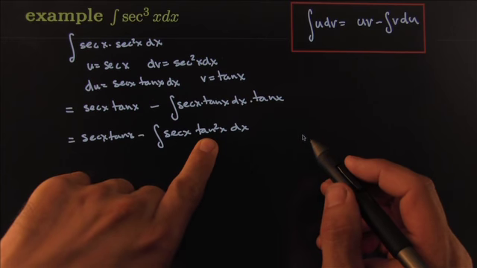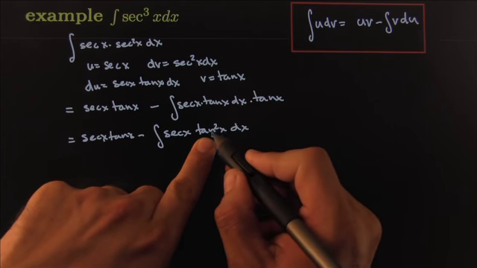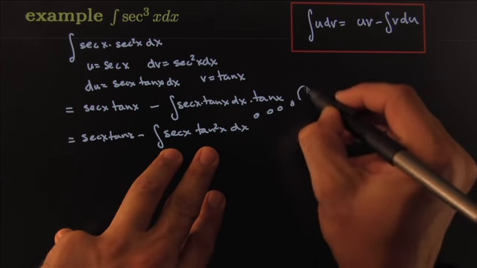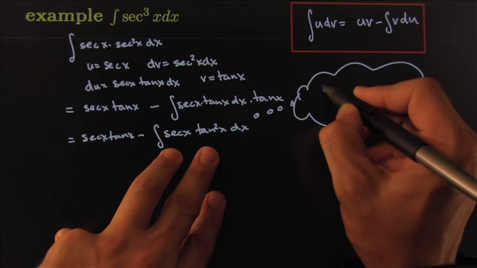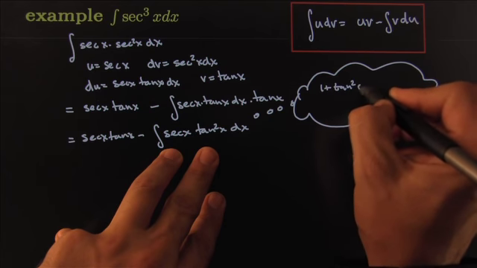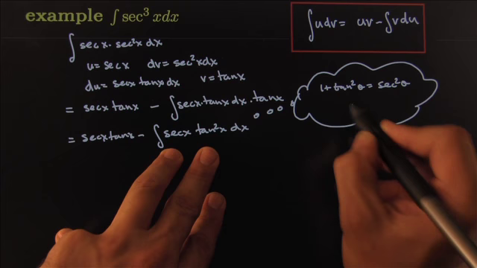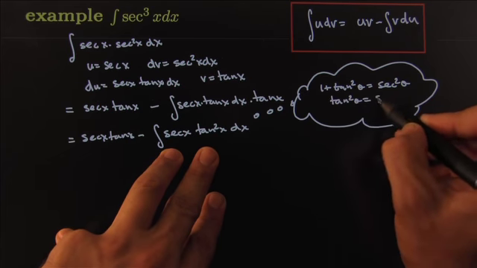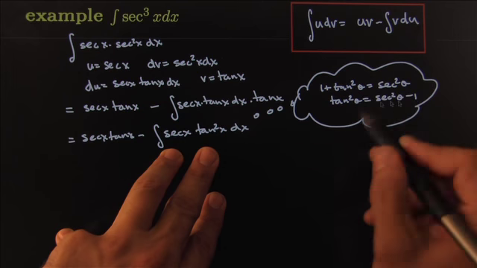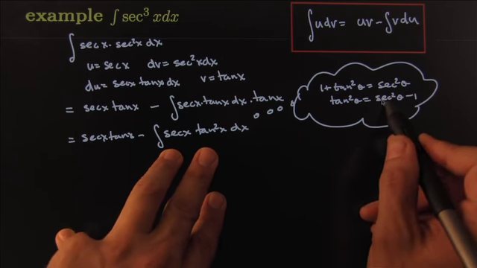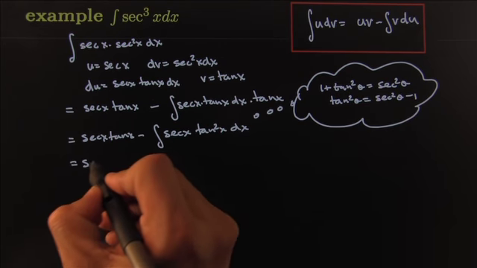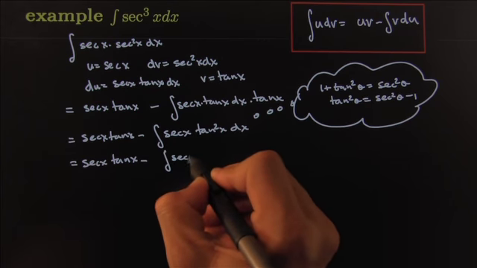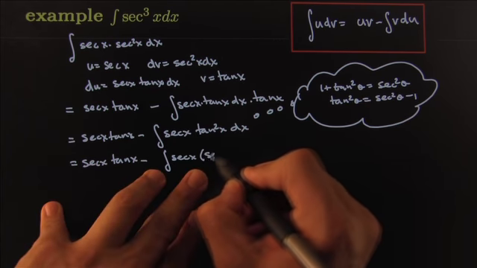Well, you could replace the tangent squares with the famous identity here. I'll remind you of something famous. 1 plus tangent square theta is equal to secant square theta, right? That means that a tangent square theta can always be exchanged for a secant square theta minus 1. That's an even exchange rate. Back from trig. So this becomes secant x tangent of x minus the integral of secant x times secant square